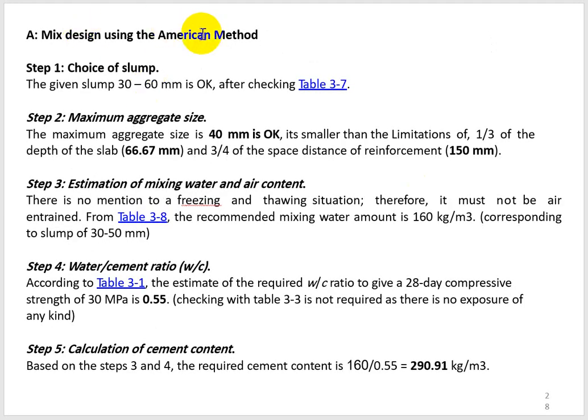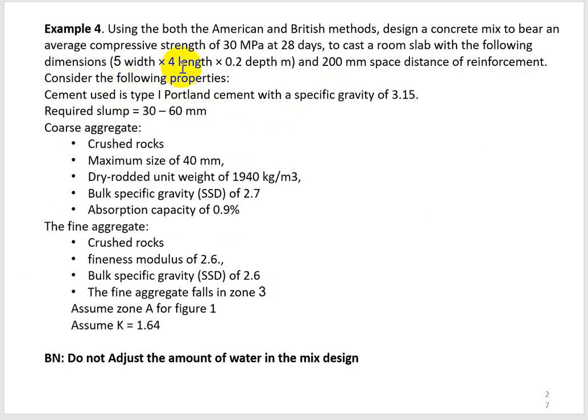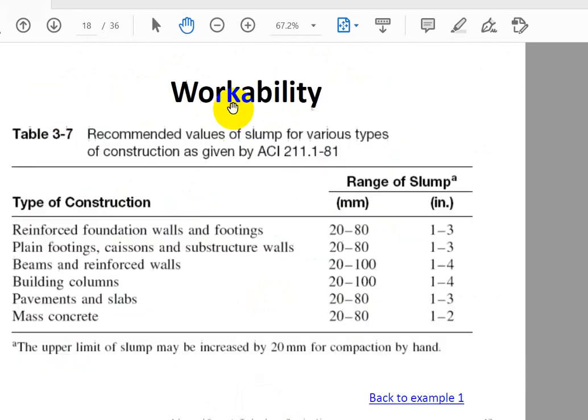So we first start with the American method, and we follow the same steps we learned in the previous examples and lectures. So first we check the slump, and the slump is okay. If we go and check table 3.7, because here we have the slab, and in terms of the slab, if we go and check for the slabs,